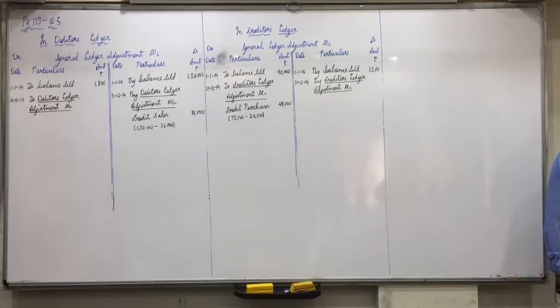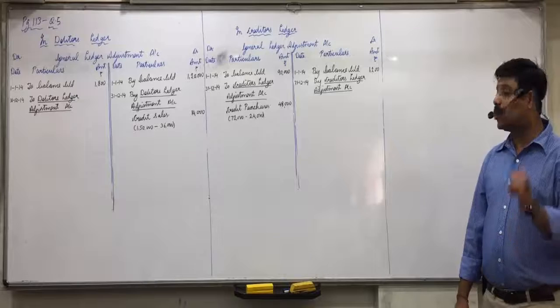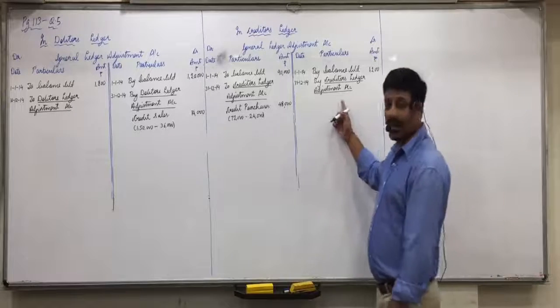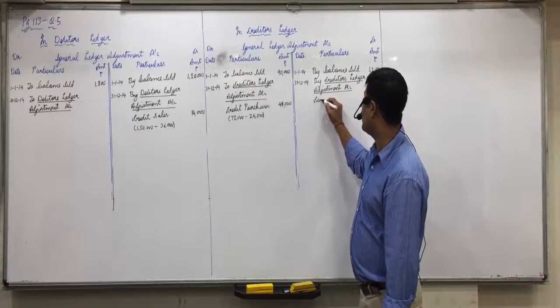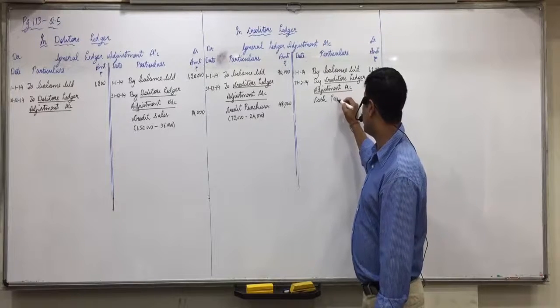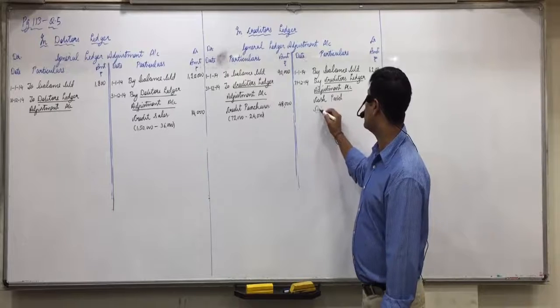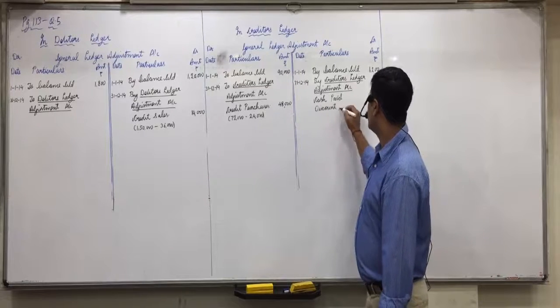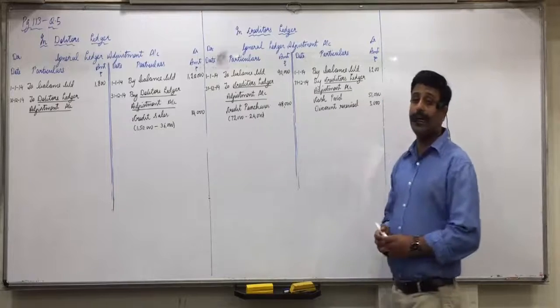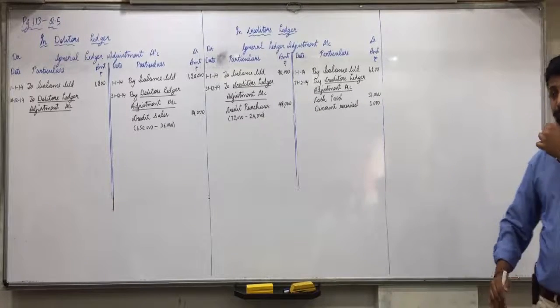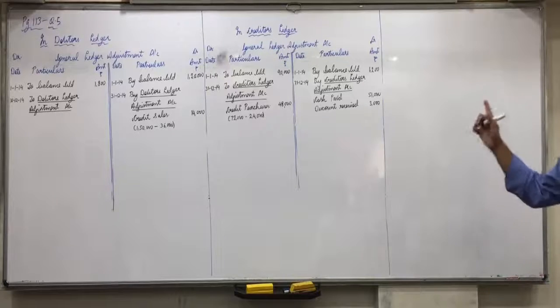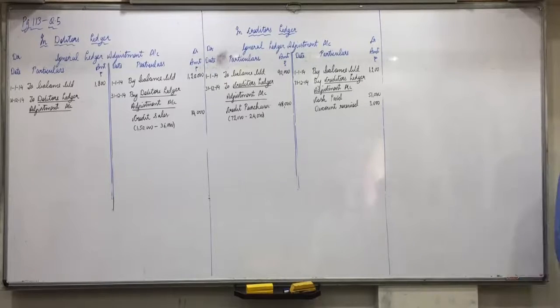Next, cash paid to suppliers in full settlement of a claim of 54,000, 51,000. Creditors to cash to discount. Against 54 we are paying 51, so 3,000 is discount. Creditors to cash to discount. Where will we write it? Yes, to cash to discount means we will write it on the credit side. Give this a heading and write cash paid 51,000, discount received 3,000. Is everyone able to understand this? Okay, creditors to cash to discount. To cash to discount means in the general ledger on the credit side, cash paid 51,000 and discount received 3,000. Is everyone clear with this?